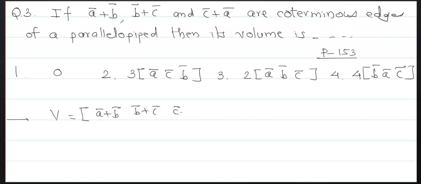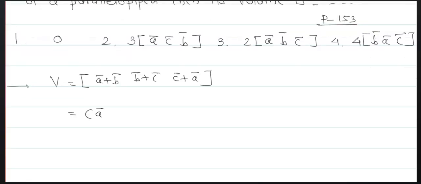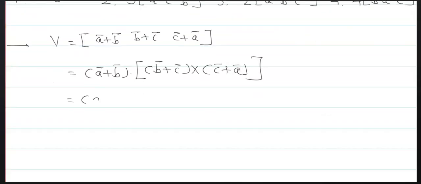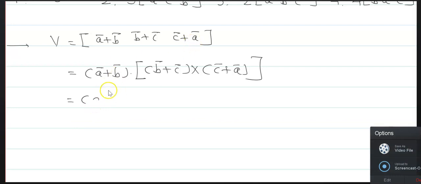This is the box product. We are given that if A, B, C are there, then A bar dot in bracket B bar cross C bar. By using that formula, we have in first bracket A bar plus B bar dot in bracket B bar plus C bar cross in second bracket C bar plus A bar. Therefore,